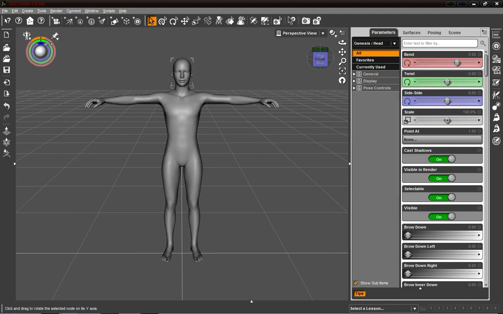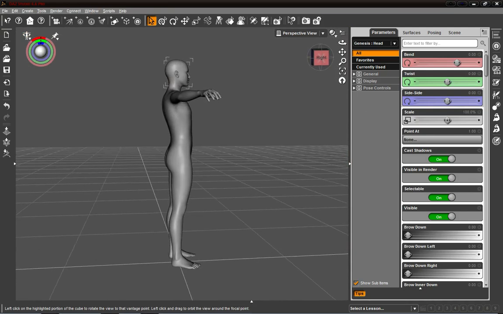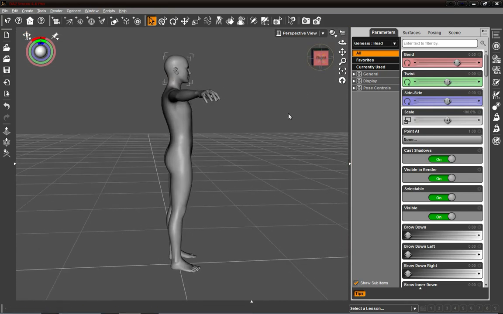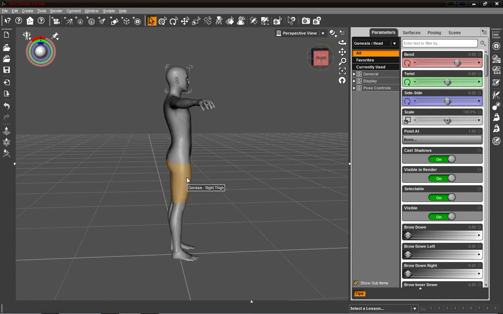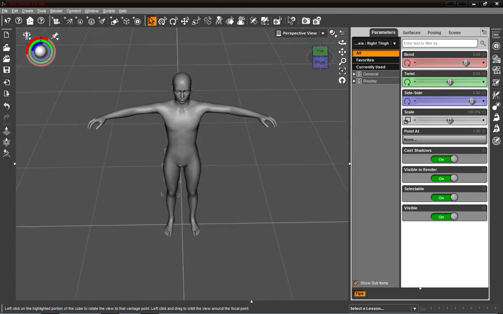Okay, there we go. All right, now let's do our first pose. Like he's running or something, right? Right, you guys? Yeah, but before we do that, I want to let you guys know